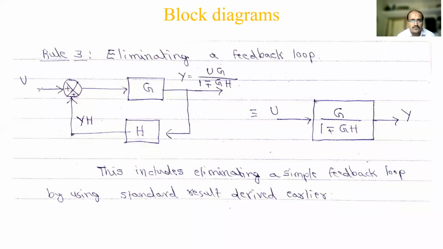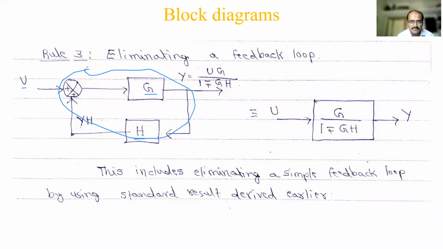So you had R of S there, and then G of S, H of S, here C of S and B of S. Just for this, I have changed the names here. In the place of R of S, I have U. The summing point is there, then forward path transfer function G, H, and here this is the signal, not named; just the output of this you have written. So what is G here? If you have a single forward path block, a single feedback path loop, one summing point and one takeoff point, we call this a minor feedback loop.